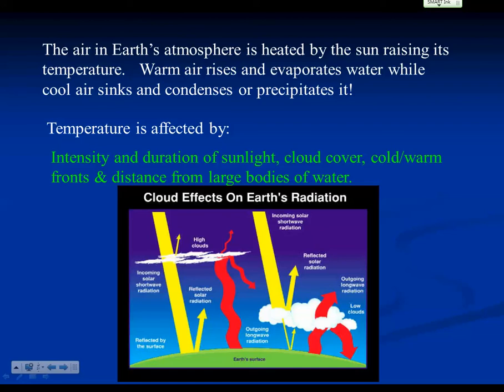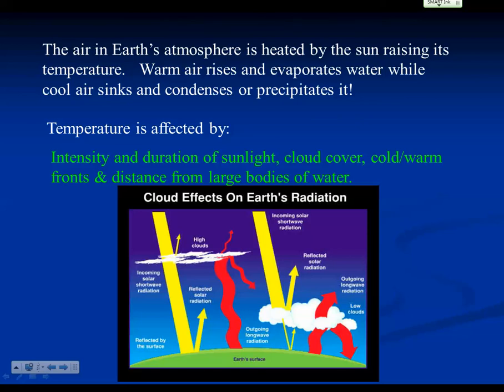And so that really has a big effect. That's one of the reasons why it's warmer in the summer. And cloud cover. Clouds can reflect sunlight in the daytime if there's a lot of clouds, and with a lack of them, more sun hits the ground. At nighttime, it's kind of the opposite. Clouds keep the infrared heat, the Earth's radiated heat, in, and keep the Earth a little bit warmer at night, whereas if you have a night without clouds, it gets a little cooler.